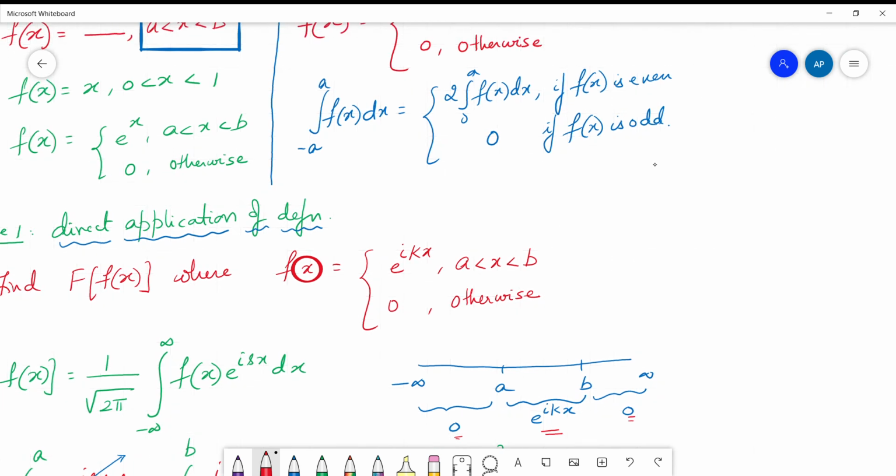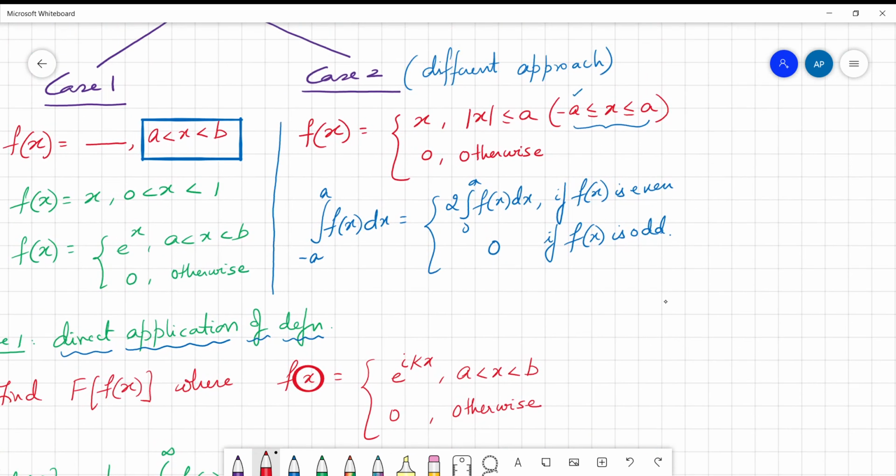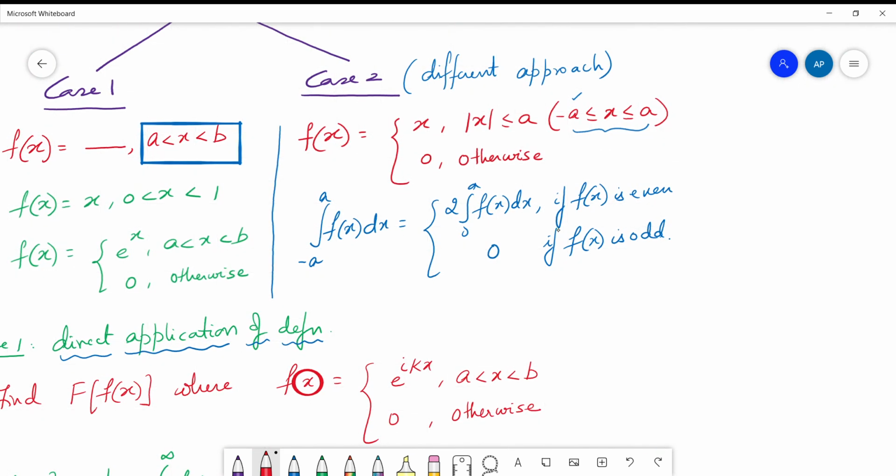Now the next video that I will be doing is on those types of functions where the interval is of the form -1 to 1, or minus a to a, or something of the form -2 to 2, so that this property of definite integrals can be applied and we can use the result further in inversion formulae too. So I adopt a different procedure, not the direct substitution as we did in this particular video.